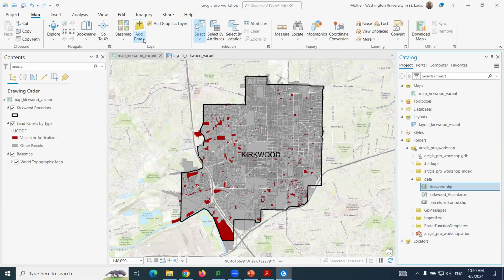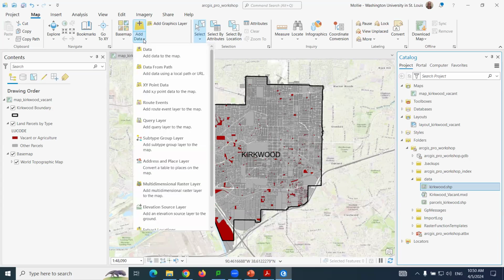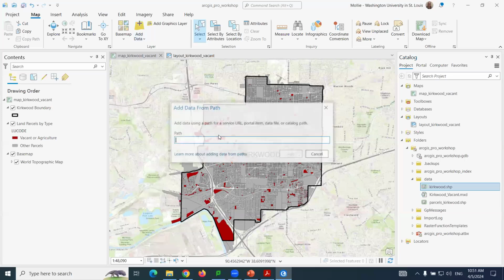I just want to show the additional options though for add data. And one that's growing in popularity is this add data from path. So as more and more data providers are providing web services for their data via a URL, you would use that URL in this data from path option, paste in that URL to the web service, and then that'll bring in